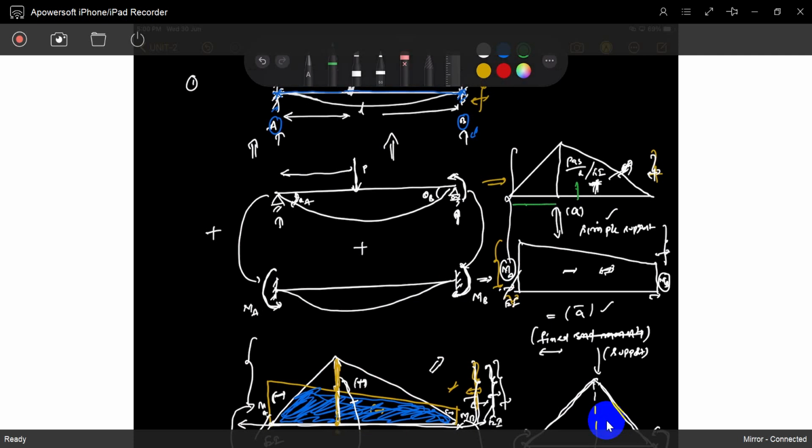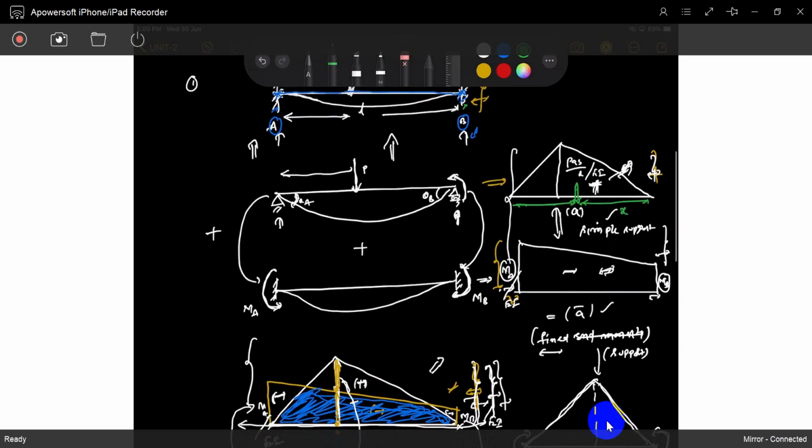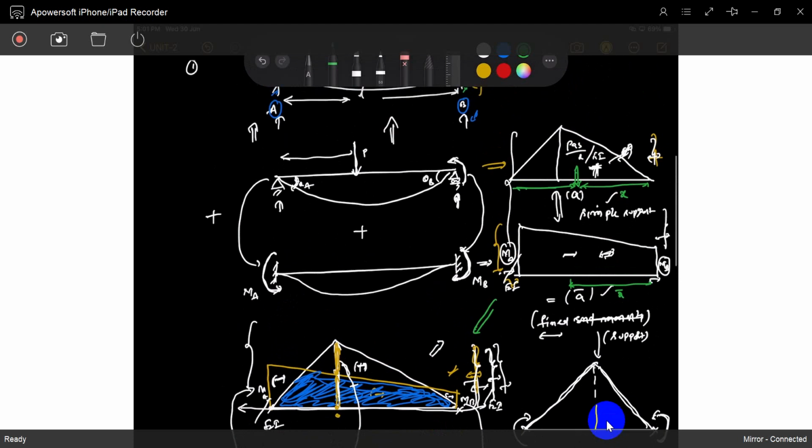That means it has a center of gravity from this point. With respect to point B, the distance I call x, the center of gravity. And the same thing, this center of gravity may lie at this point. I will call it x dash. Both combined give this length. So no need to find out what this area and what this area are separately; both combined will give that. This is the center of gravity x, this is the center of gravity x dash, distance from B.